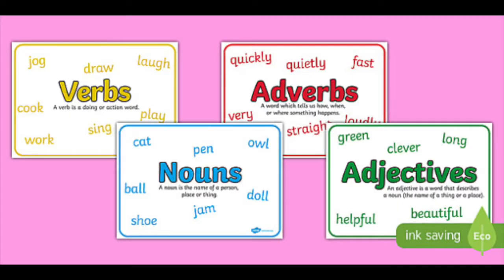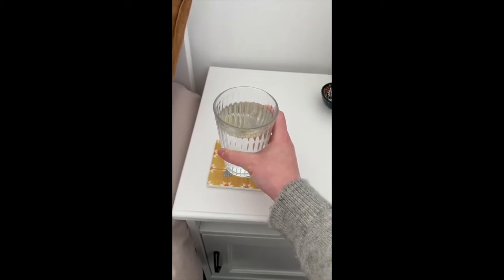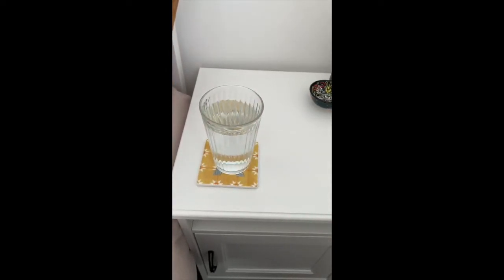So now we've had a little reminder of what these different word classes are, we're now going to have a practice about how to find them in a sentence. She carefully put the cup down on the yellow coaster. So in this sentence, let's start by looking for the nouns, because if we find the nouns, it will help us find the adjectives. Now, I know that nouns are people, places or things, and in this sentence, the things